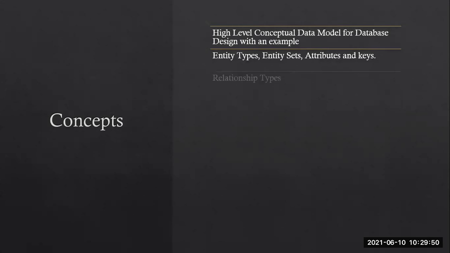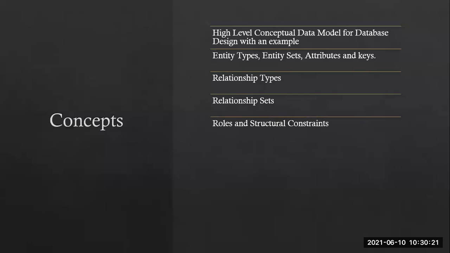Okay. Then the third concept is relationship type. How the relationship is going to be managed from one table to another table. Basic relationships will be like one to one, one to many, many to many, or many to one. Basic examples. Okay. Then after that, relationship sets, again similar to the relationship type, not that difficult. If you are completely aware of relationship type, we can manage with the relationship set.